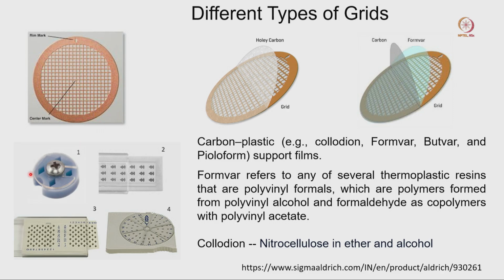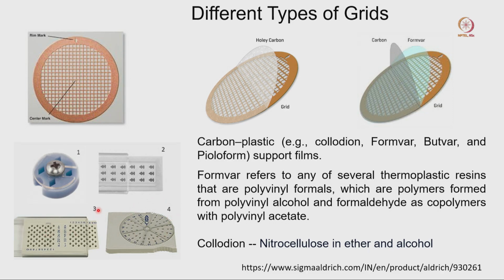Now, here you can see there are some kind of boxes with a lid, where you have a small hole in all these boxes. A grid can go inside each individual square; those are called grid boxes. Different types of grid boxes are possible. Sometimes you will get a 25 grid box or a 100 grid box, sometimes a circular grid box.